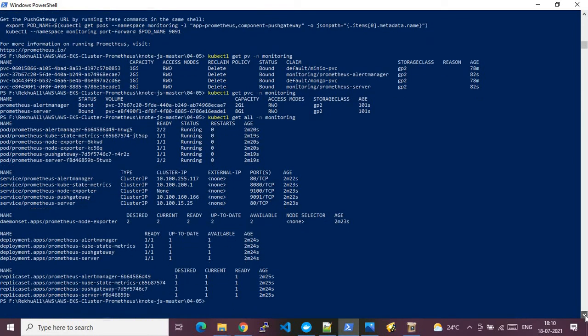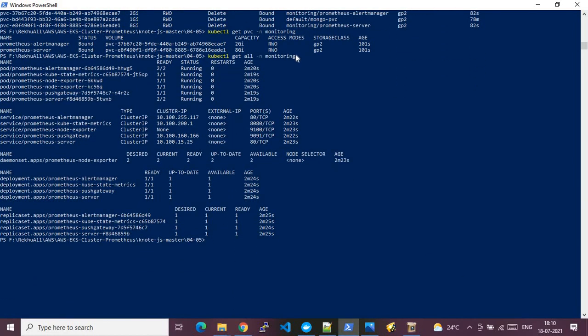So let me walk you through one by one. This is where we run the command, and below are the outputs. As you see here, it has retrieved the pod monitoring data. So currently it is targeting the pods as well. Services are also being monitored, deployments are also being monitored, and the replica sets have also been monitored. So generally it is covering almost all parts of our EKS cluster workloads. That's what this command is all about.